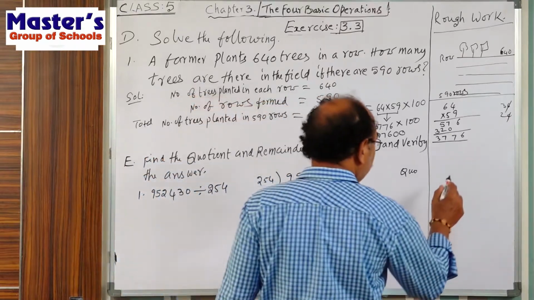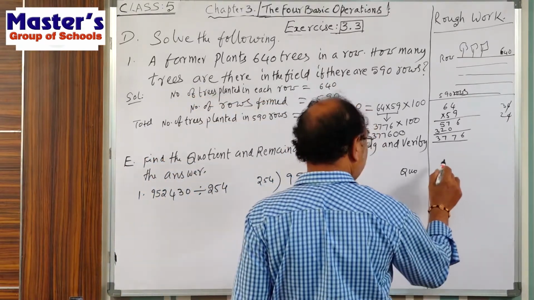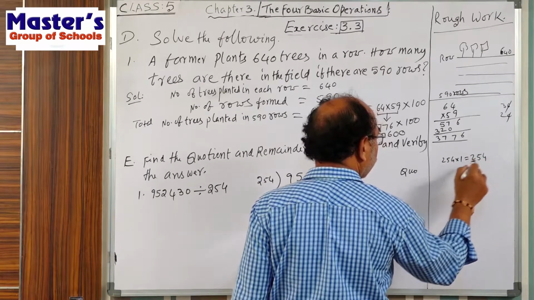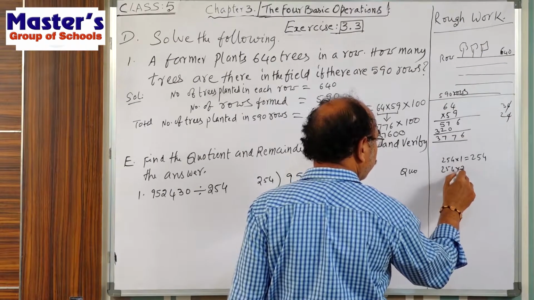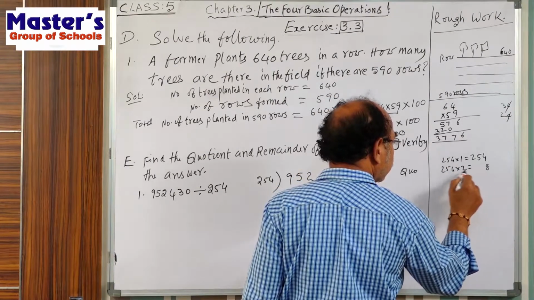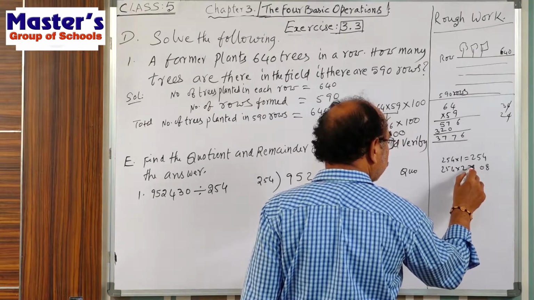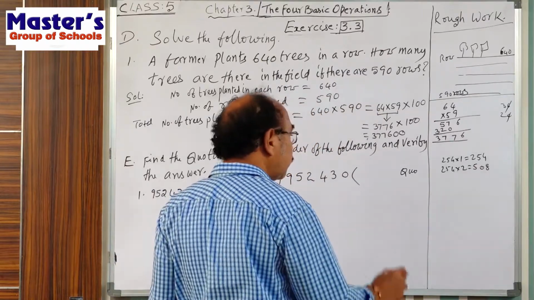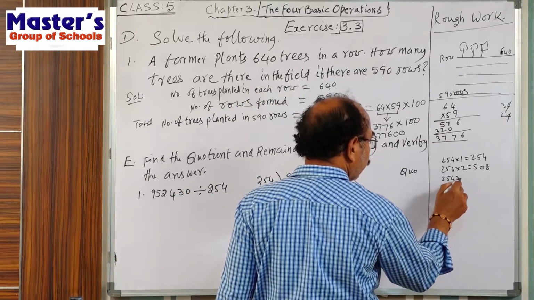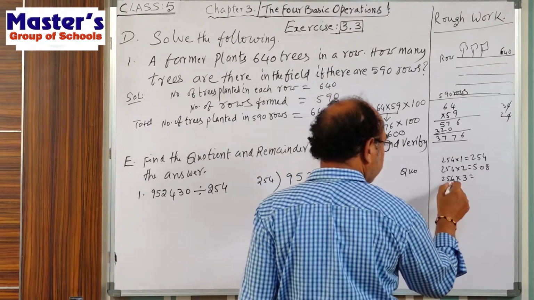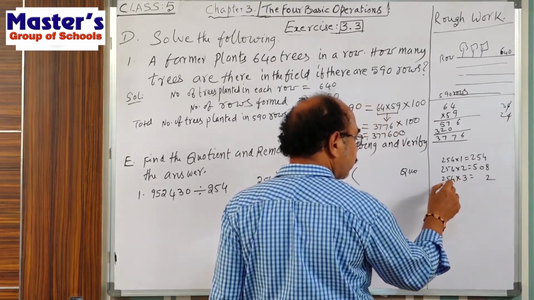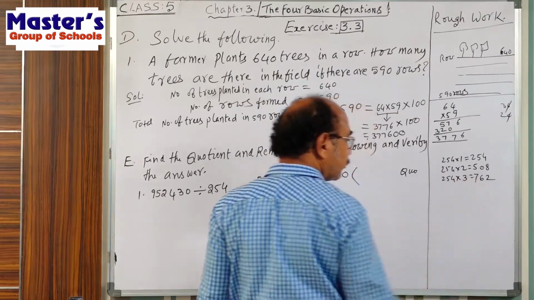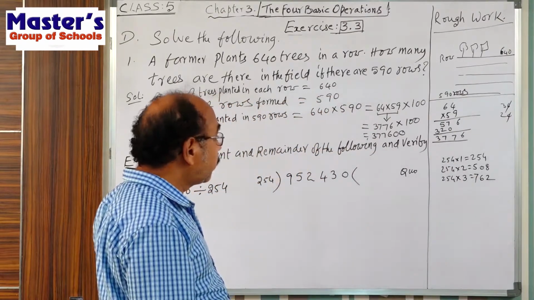So you know, just for some extent we can write 254 into 1 is equal to 254. 254 into 2, 2 times: 2 4s are 8, 2 5s are 10, 0, 1 is there, then 2 2s are 4 plus 1, 5. So 508. 3 times means 254 into 3: 3 4s are 12, 2 1, 3 5s are 15 plus 1 16, 6 1, 3 2s are 6 plus 1 7. 762.